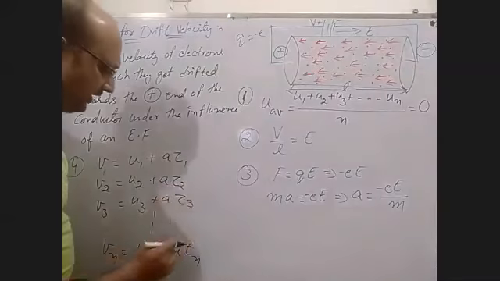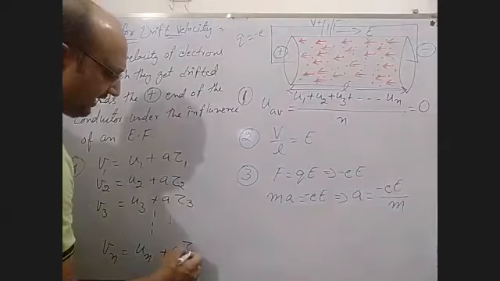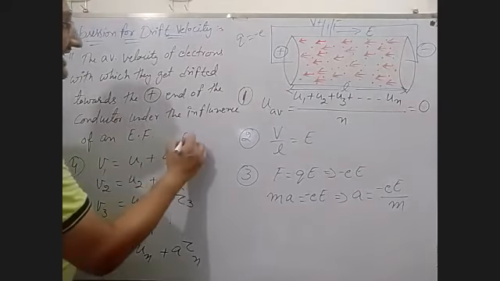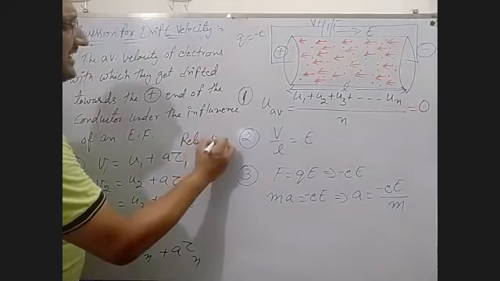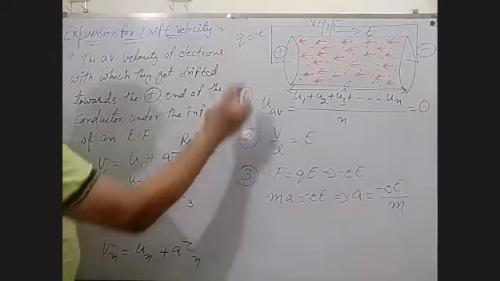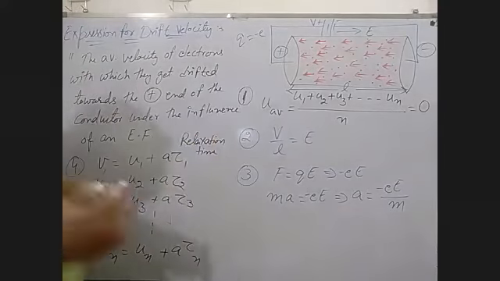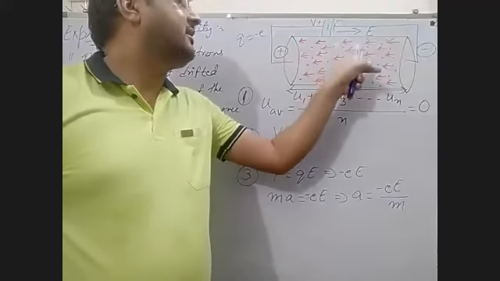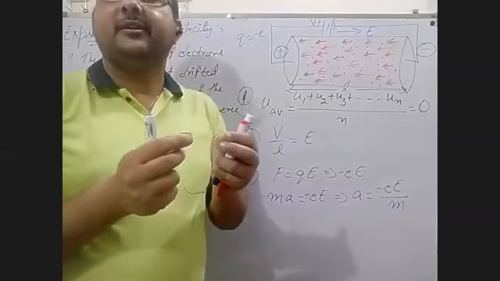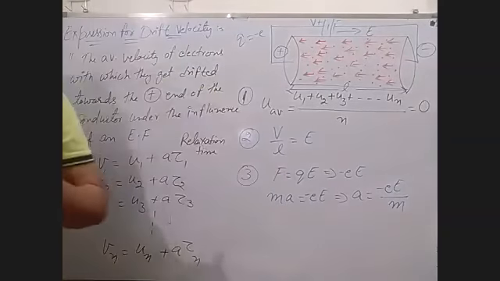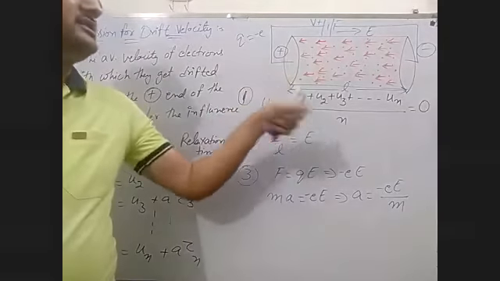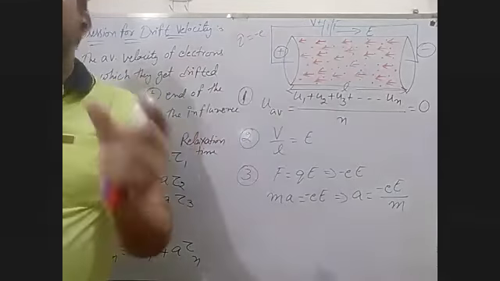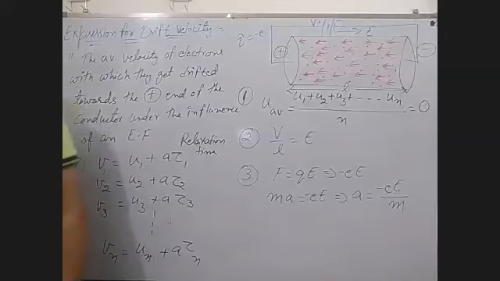This is time, no doubt, but you have to take it in this form because tau here is the relaxation time. What is relaxation time? The time between successive collisions of an electron. Okay, when they drift in this way towards the positive end, collisions will occur. And the time between the first collision and the second collision of an electron is called relaxation time.